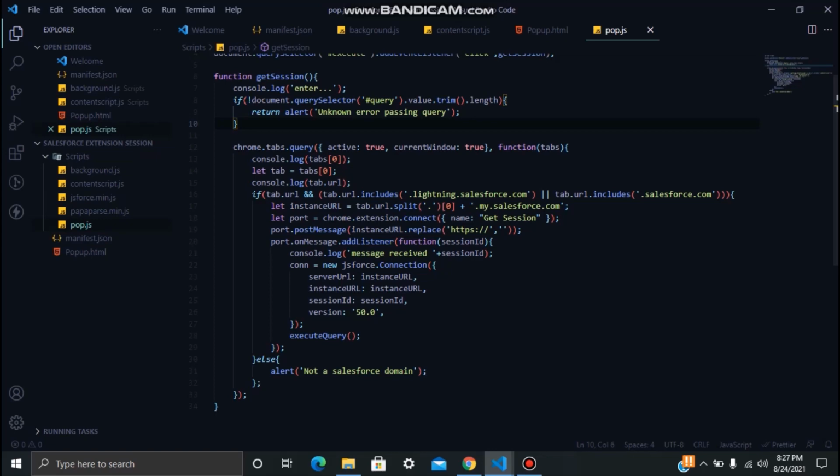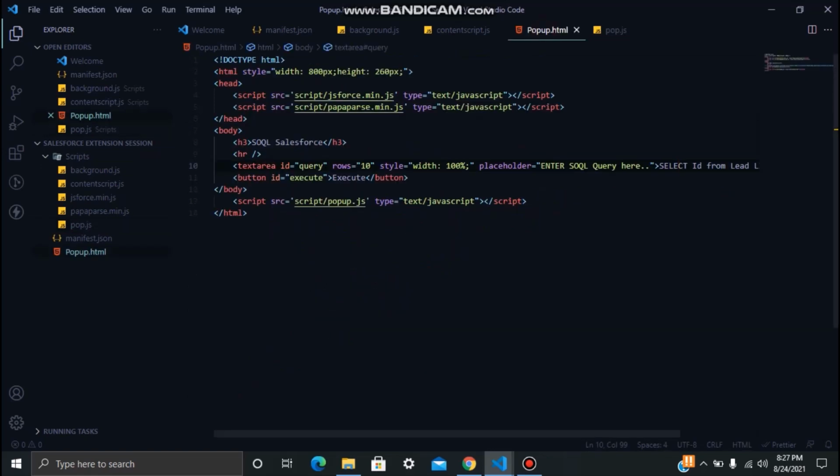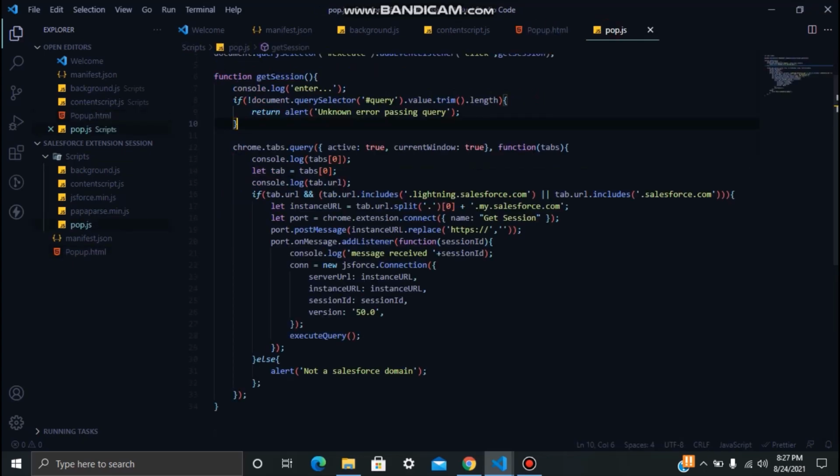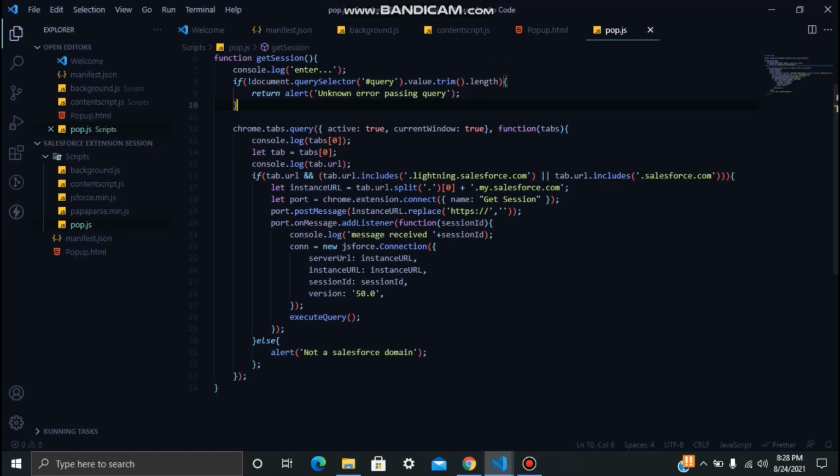So we are going to use this. I'll give you the scenario of what we are going to do. First we'll check the query attributes, like the query selector, which gets the query from your pop-up file and saves it into this file. We'll check whether it is a valid query, and if it is not, it gives you an error. Then we'll check the tab for this Salesforce tab.